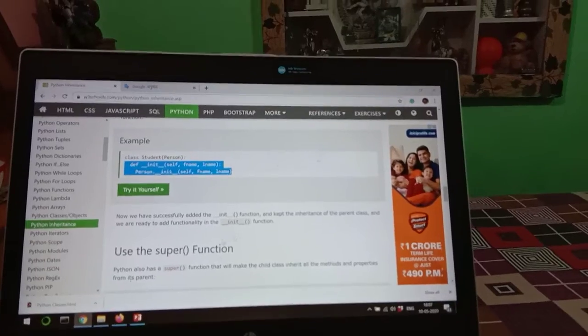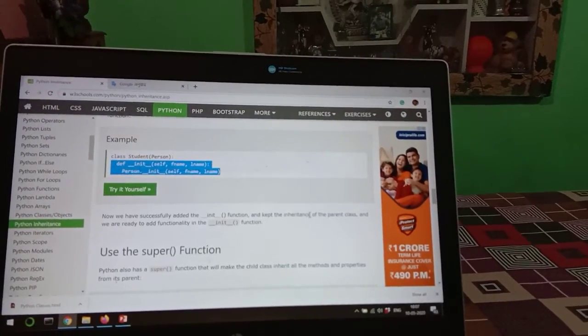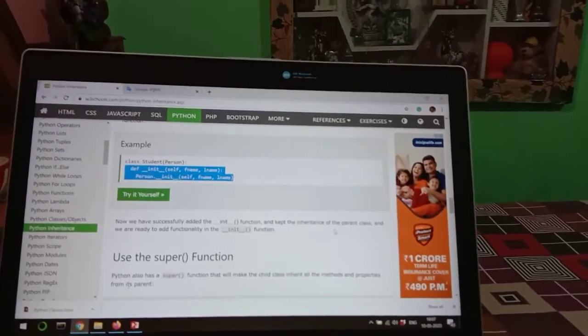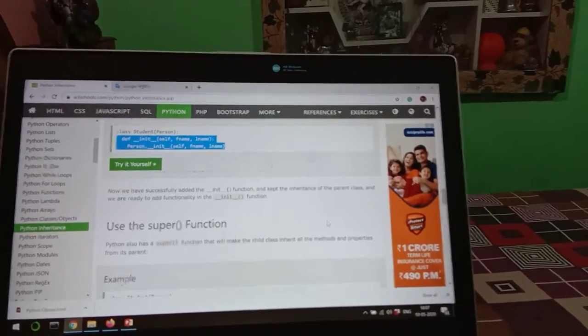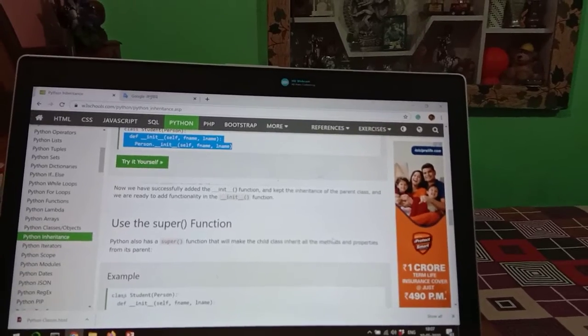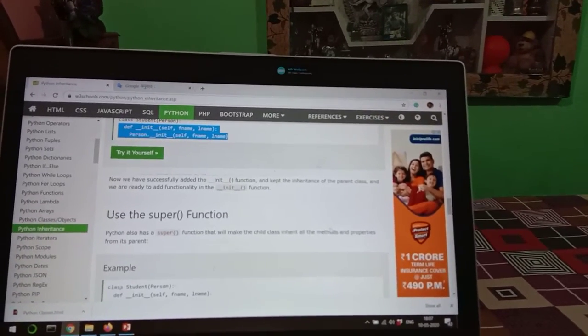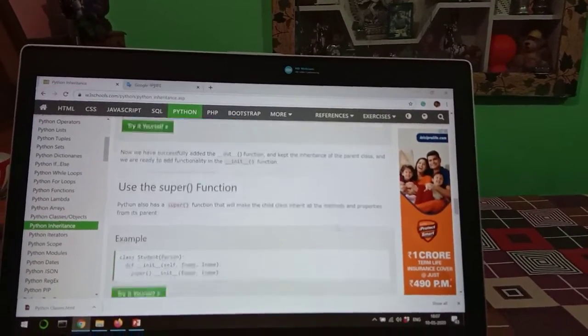Now we have successfully added the init function and kept the inheritance of the parent class, and we are ready to add functionality in the init function. Use the super function. Python also has a super function that will make the child class inherit all the methods and properties from its parent.